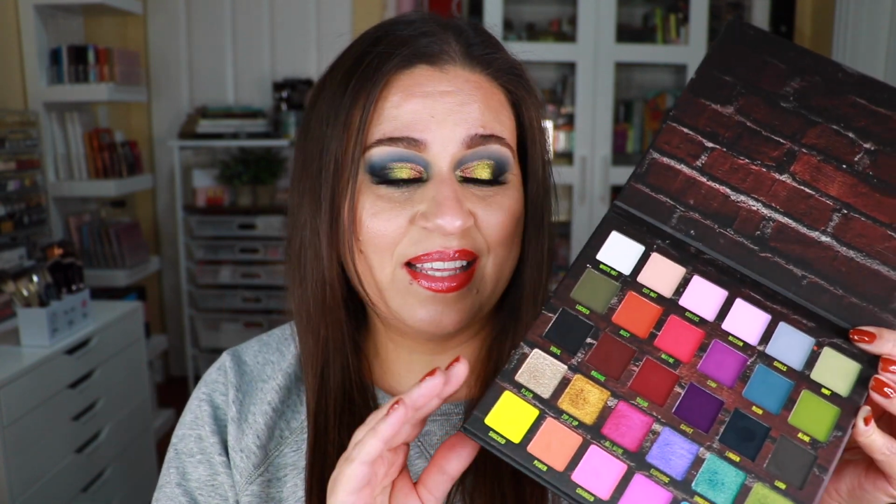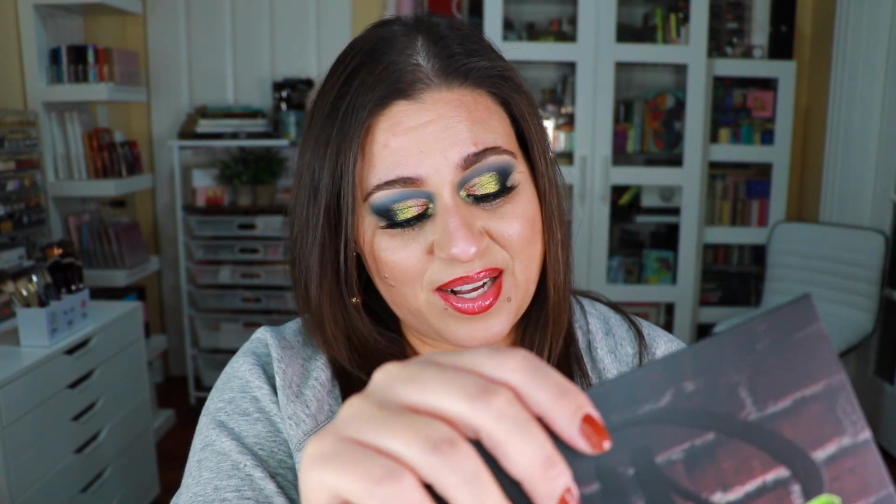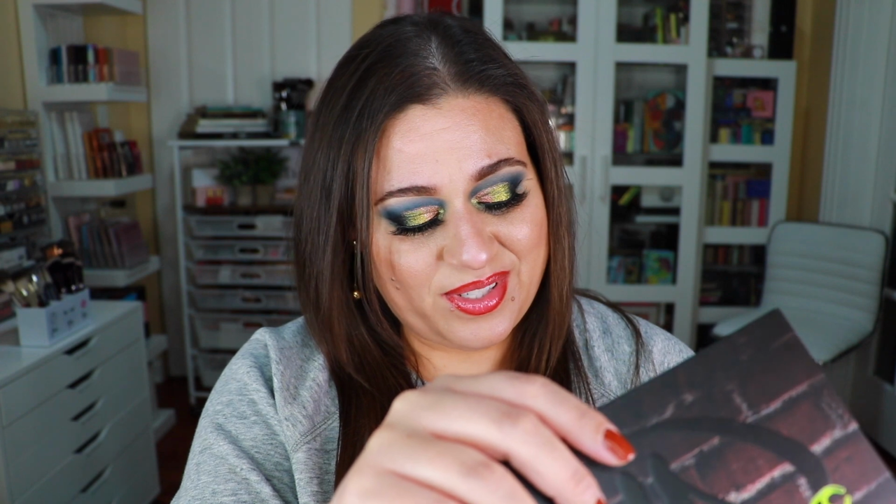The palette is predominantly matte anyway, but if their other palettes are anything like this one, wow, I get it now. I really do. Even just on the first use, I'm really looking forward to using this one again. Very, very excited. If you were curious about this, I would definitely recommend it, even just on a first use. Very impressed. Now when it comes to the Paint Me Chrome palette, I did enjoy working with the palette as